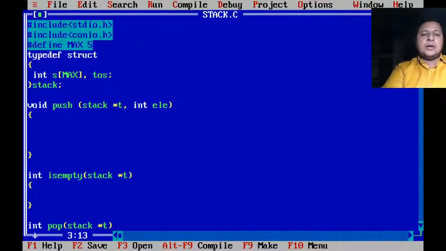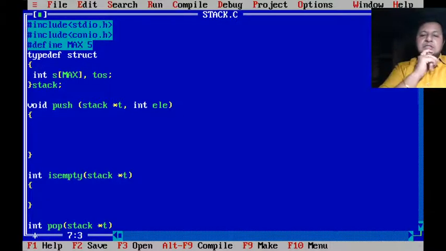Now because it's a macro, anytime you can very well change the size of the stack as per the user requirement. Now the first thing is the structure. Typedef struct, I've already cleared in the previous module, the use of typedef. So because of that, I don't need to write the name of the structure with the struct keyword. I obviously can refer to it directly. So typedef struct. Now what is my stack comprised of? It comprises of an array which is of the size MAX, the name is s, and my top of stack, which we will be calling toss. So this comprises my structure stack.